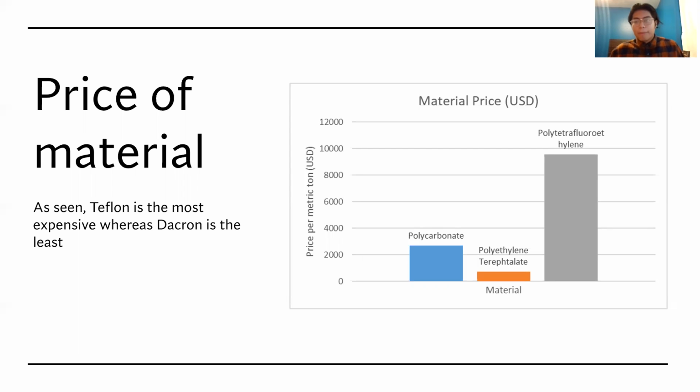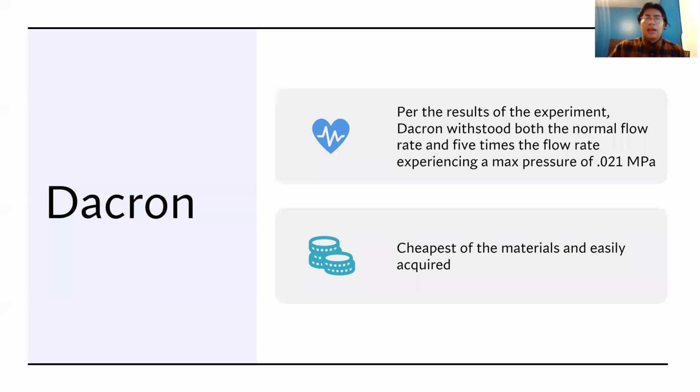Now, this slide is about the price of the materials that are in question. As you can see, Teflon is the most expensive, then polycarbonate, and the least expensive is Dacron. It is important to know, as it can help determine which material will be used more commonly in hospitals to replace the carotid artery. And with those key factors in mind, Dacron will be the most useful and convenient material